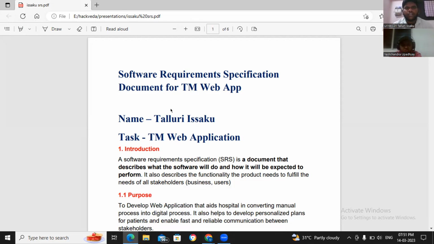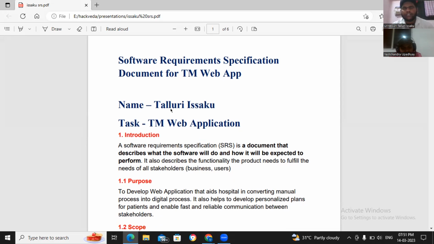Yeah. So when you clicked on schedule a presentation, you must have prepared some kind of presentation, right? Yes, sir. I have prepared this one. So you would like to give a presentation from this PDF file. Yes, sir. That is completely up to you how you would like to give. You can give it in PDF. Okay. Yeah, sir. Please start.